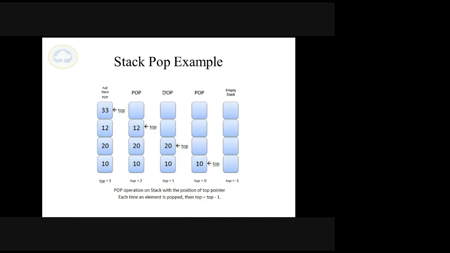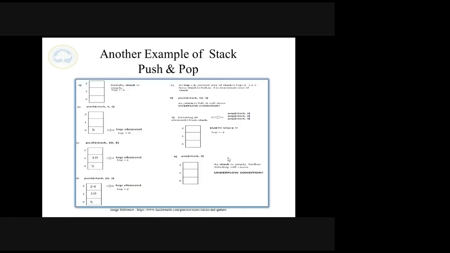Now again I am calling a pop. So this will go and it will come to the first position. Again I am calling a pop, so 20 will go and it will come to the 0th position. Now again I am calling pop. So 10 will go. When 10 is also leaving the stack, my top will by default become -1. That is my underflow condition. So this is an example only.